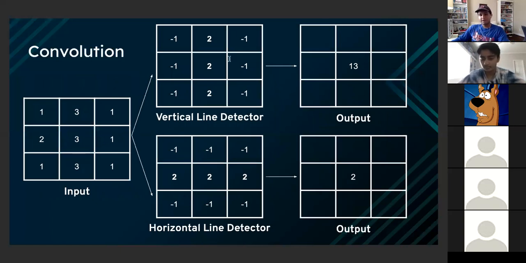So Palash had a very good answer. We have the vertical line detector because these 2's in the vertical line are going to give you a very high output if there's a vertical line in the image. Is there a vertical line in this image? Does it look like there's a vertical line in this image? Yes, right? Because we have 3's lining up in the middle, and then we have lower numbers on